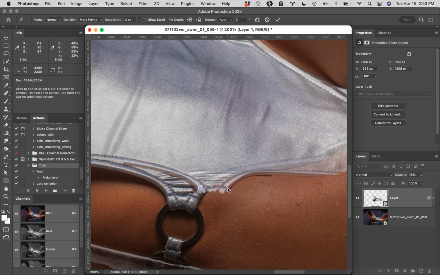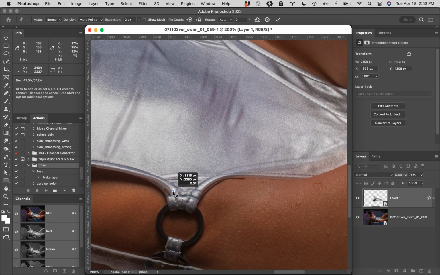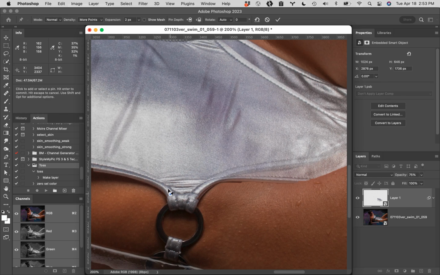So I'm going to click to put a point on that, and then I'm not going to click any other point. I'm just going to move this entire image, and I'm going to try to line up that little edge right there with where I think it should be so that this little point right here is old suit and new suit. Then I'm going to actually go right next to it across, because again, this is not a perfect